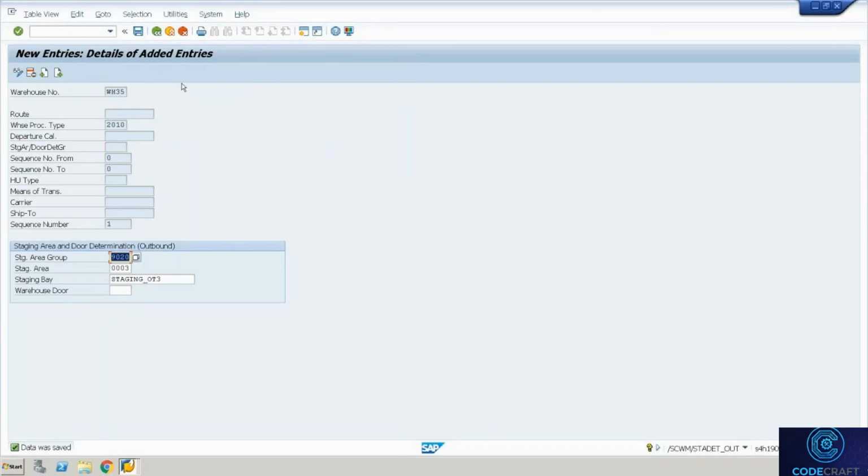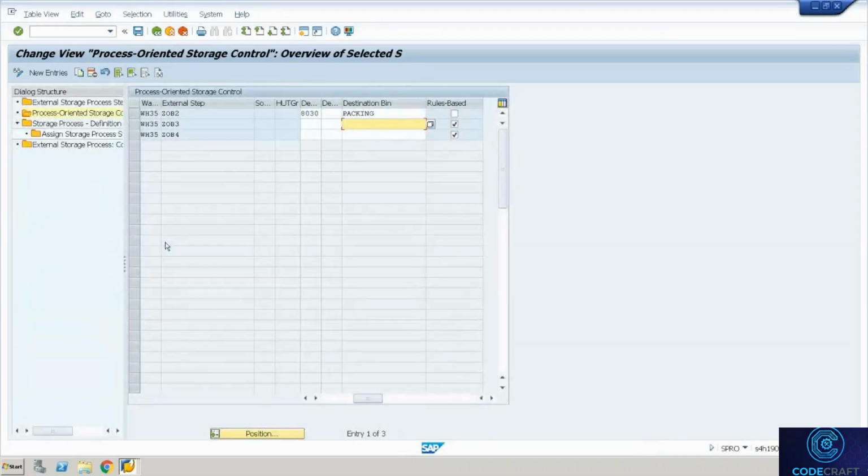Here we said for a process type, you can also say for a route, if it is so and so route. Typically, if it is a particular customer, a particular ship-to or a particular carrier, where we want to have a dedicated staging area and dedicated door, we can assign based on them also here. So you don't want to keep the staging area fixed. You want to keep it based on certain variables. Then you will say rule based, and standard SAP gives you a good number of variables here. So let's say packing we set fixed, staging we set rule based,